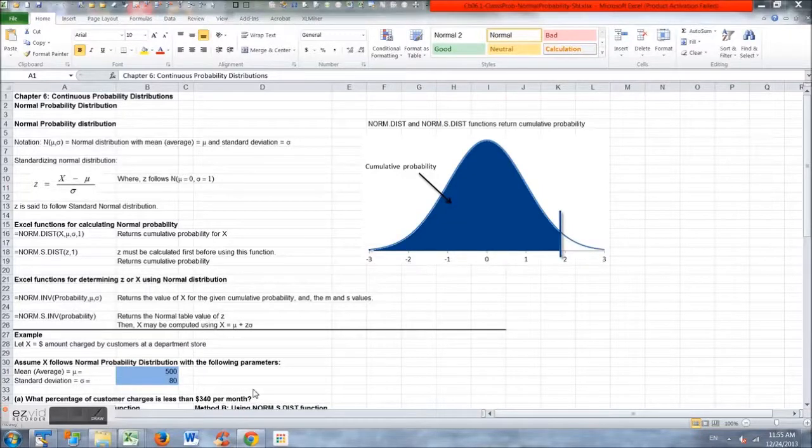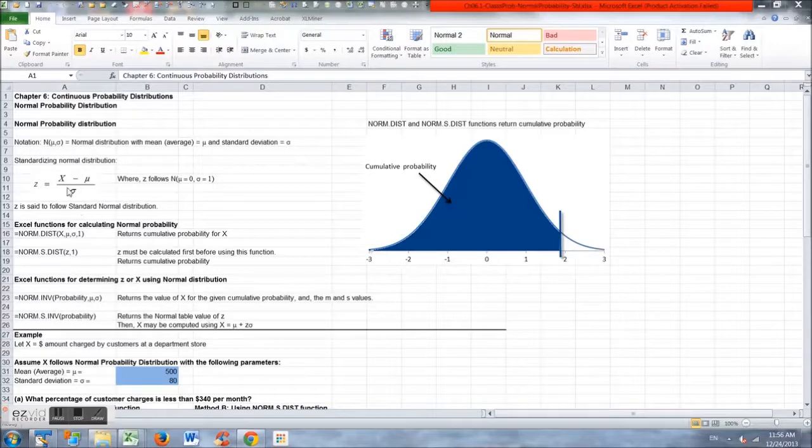This exercise is from chapter 6, and we're going to look at computing normal probability using Excel functions. There are two Excel functions, norm.dist and norm.s.dist. They both give you cumulative probability, like what you see in this graph. Before we use either of these two functions, you need to know the value of mean mu and the standard